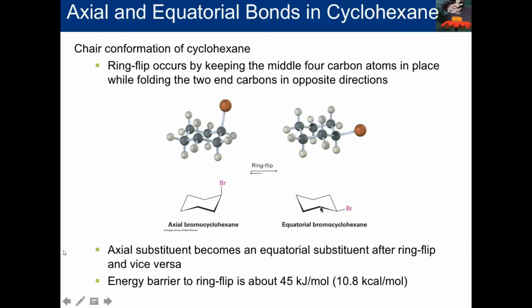We can put a chlorine at the second position, and it can either be axial, that's the second isomer, or it could be equatorial, that's the third isomer. We could put a chlorine at carbon number 3, axial or equatorial. That brings us up to 5 isomers. We could put a chlorine here, axial, equatorial,